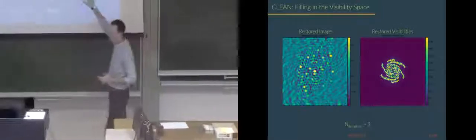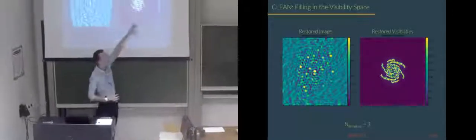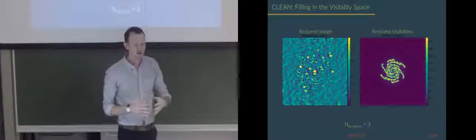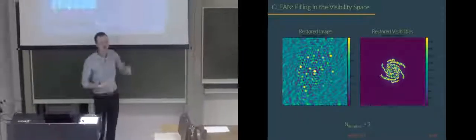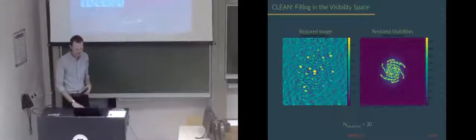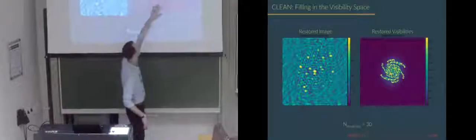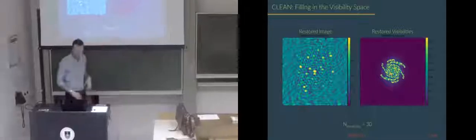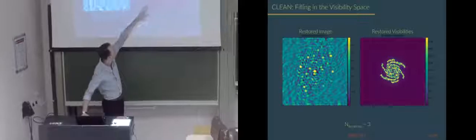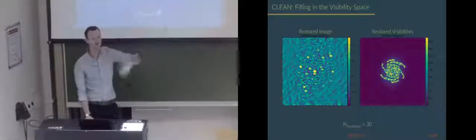You can think of that as saying, even though we don't sample the full UV space, we sample it enough, and we've included this assumption, that we can then fill in these gaps by saying it should be Gaussian-like. And so that's indeed what starts to happen. After 30 iterations, our restored image improves, and you start to see this bluish glow about here. And maybe you can see that the sampling function's amplitude has dropped off a little bit, and it's spread out that power in a Gaussian way.